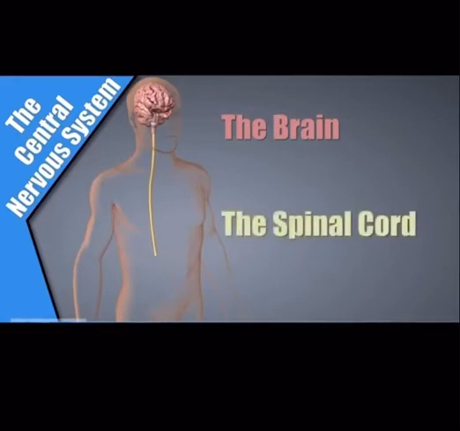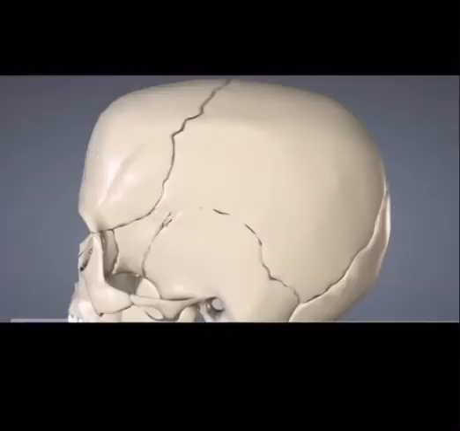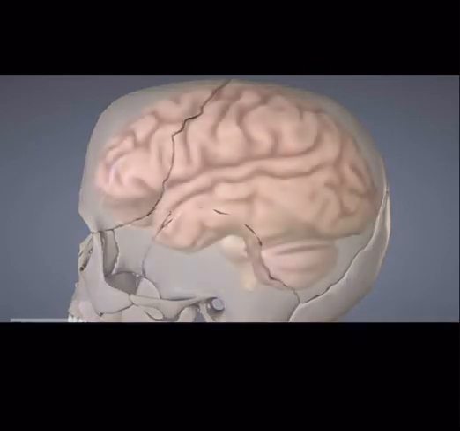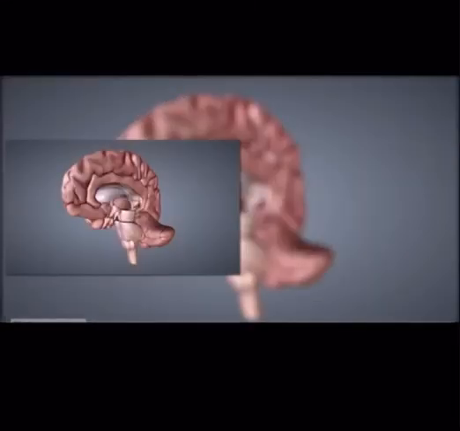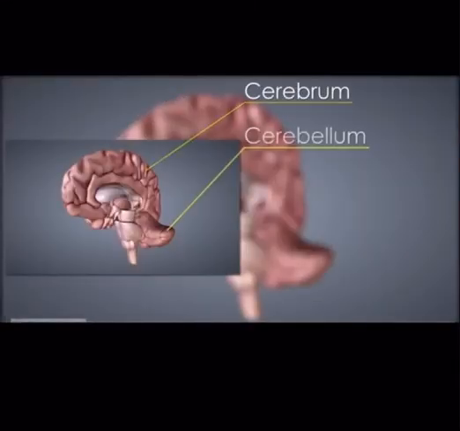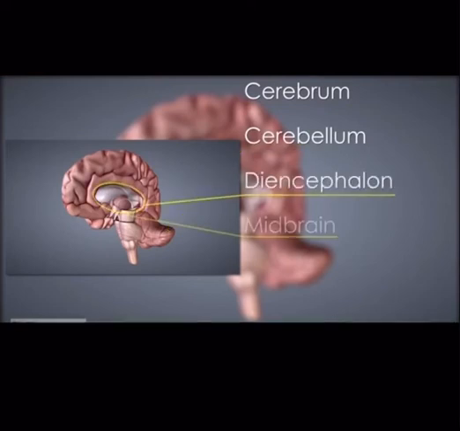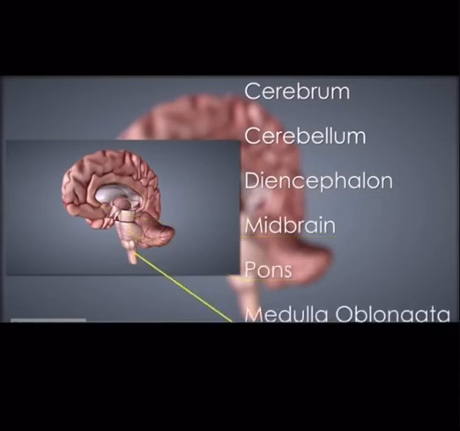As most people know, the brain is found within the cranium or skull, and there are six main sections, among other structures within it. These six sections are the cerebrum, the cerebellum, the diencephalon, the midbrain, the pons, and the medulla oblongata. The first section is the